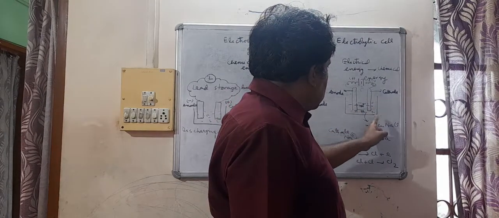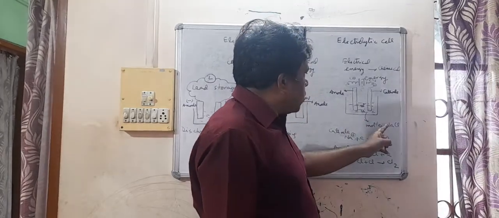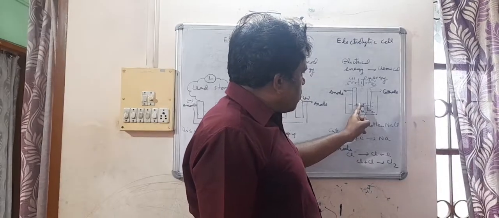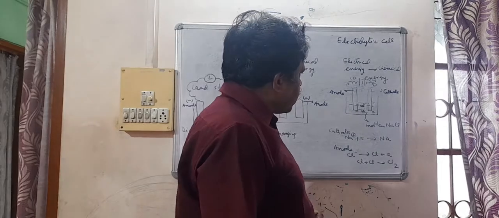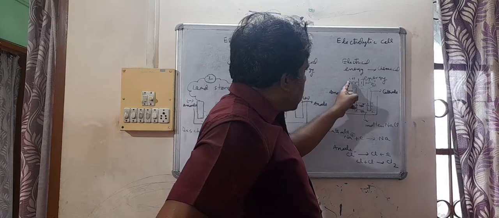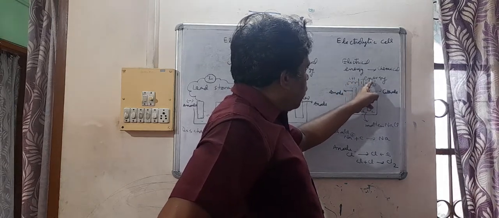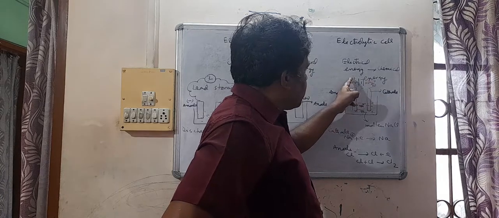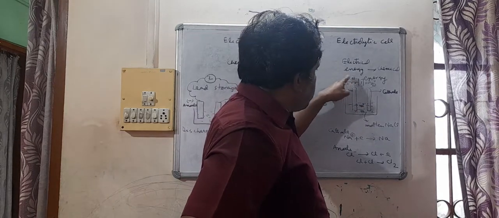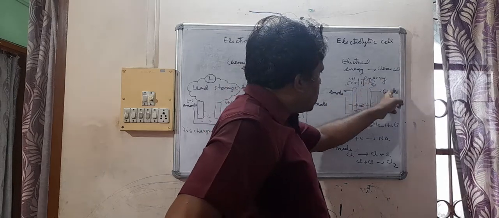Suppose we have here molten NaCl. You know, NaCl is an ionic compound, so here there will be a lot of sodium ions and chloride ions. We have two metallic plates and they are connected through wire with a source of current. This is the negative terminal, and this is the positive terminal. Now in electrolytic cell, the positive plate is called anode. The negative plate is called cathode.